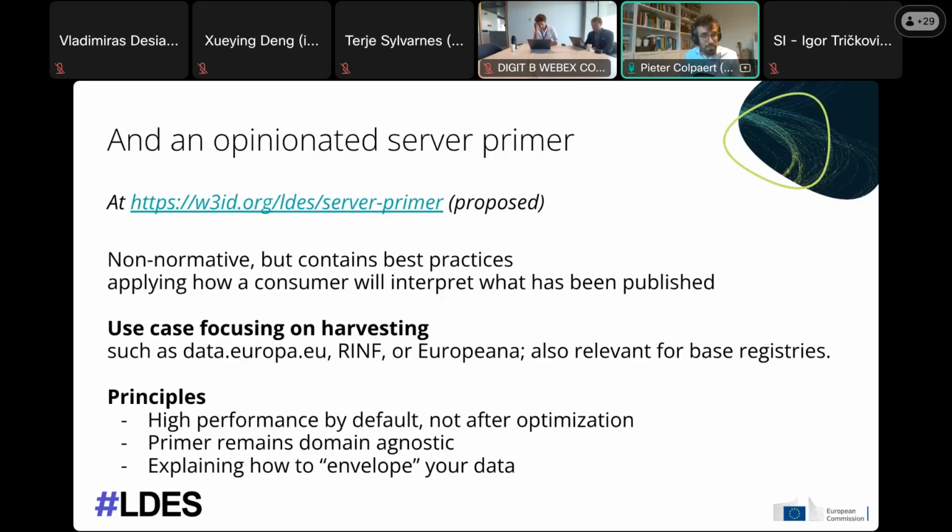Not that this is the only way, but hey, this is a best practice, something that we, from our pilots and from our implementations that we've done, see as the best of all possible ways to actually implement a linked data event stream. So that's the idea. We will have use cases focusing on harvesting, because at this moment we're, for example, working